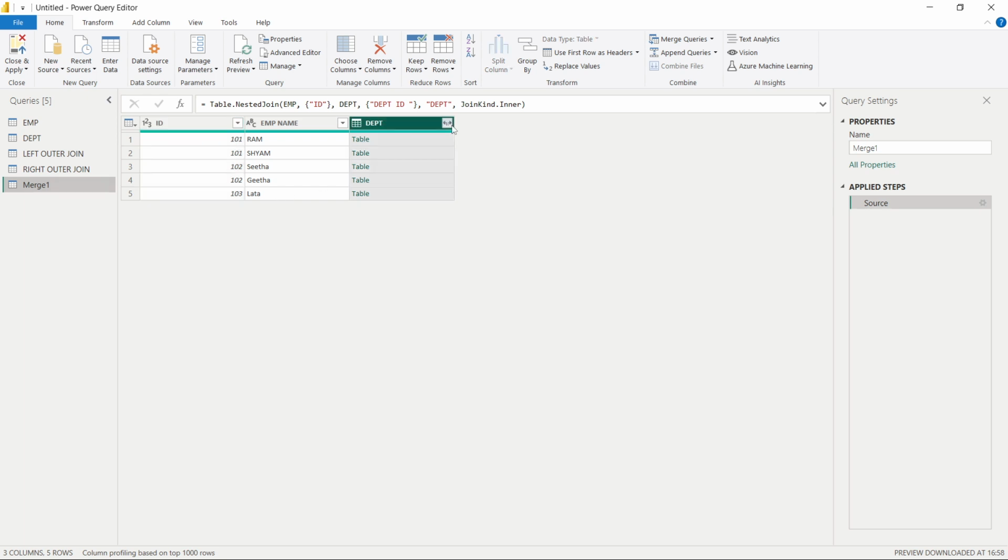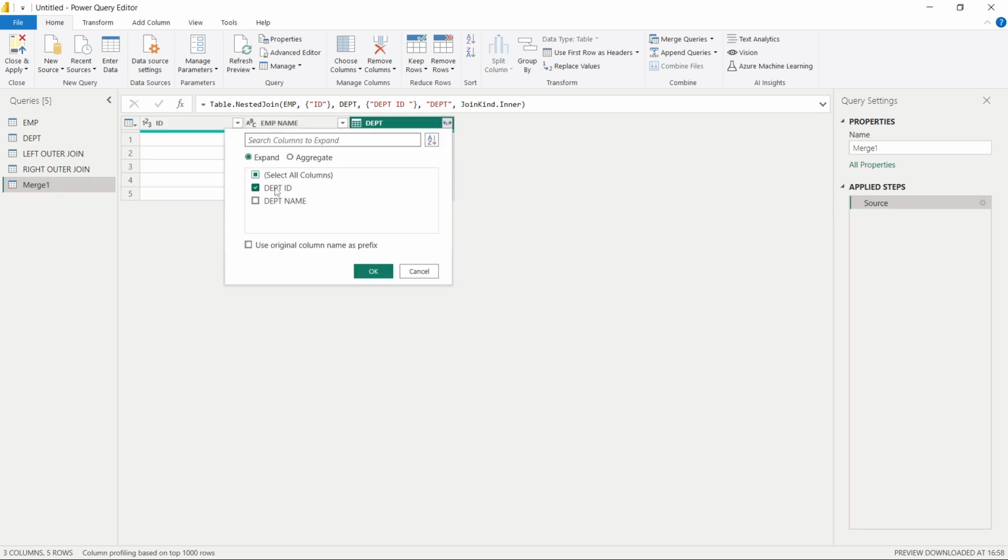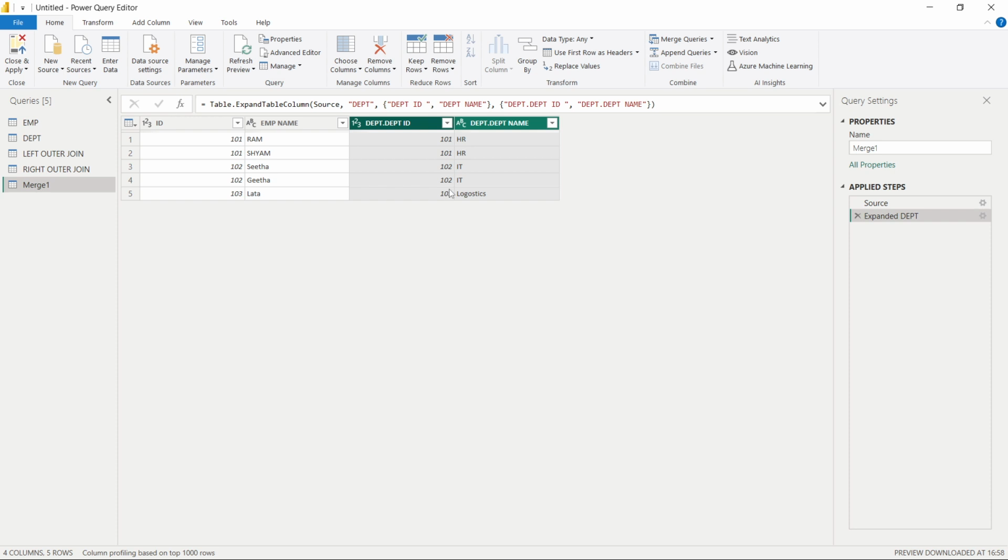Here I want to see both the tables, and I don't want to use the prefix. If I use the prefix, it will add the prefix. Now you can see department dot department, right? This is our table name. But sometimes if you don't want it, you can just deselect that option. Now you can see 101 is matching, 101 is matching, 102. I will rename this as inner join.